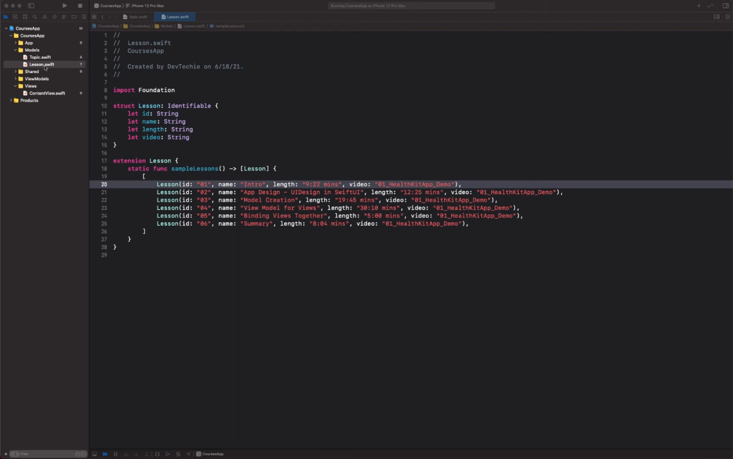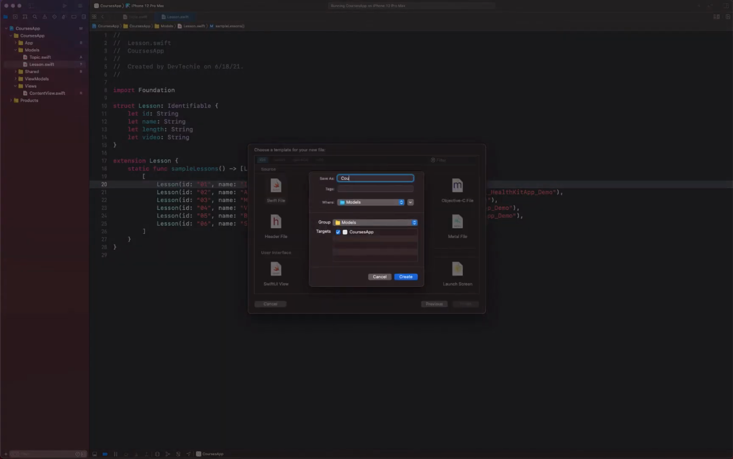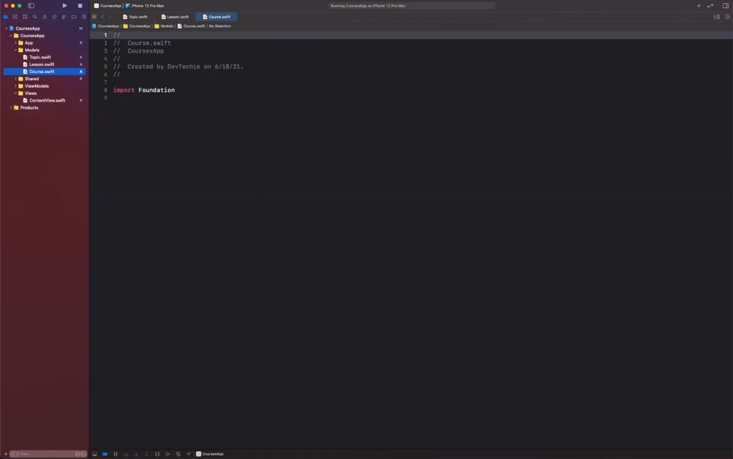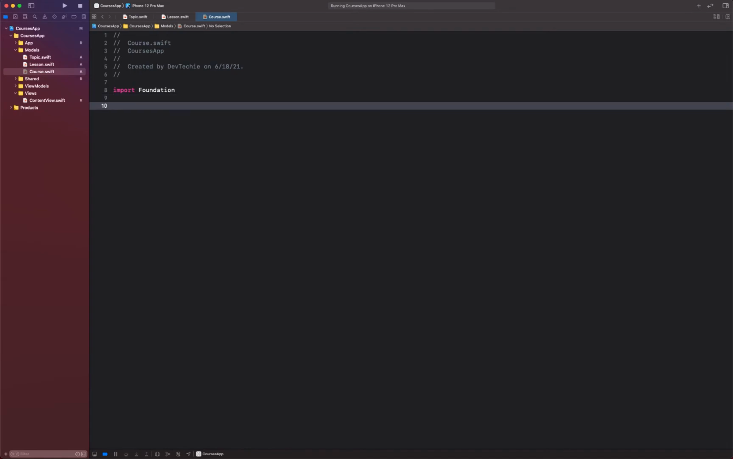All right, so let's go ahead and create another model, and this one is going to be course. So we're going to call this one course. Okay, and this one is going to have most of the properties. So let's go ahead and create a struct for course